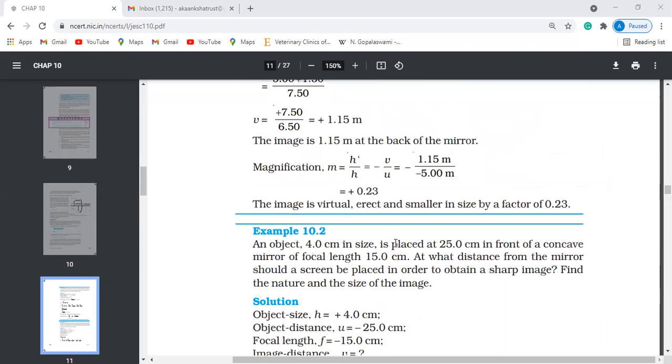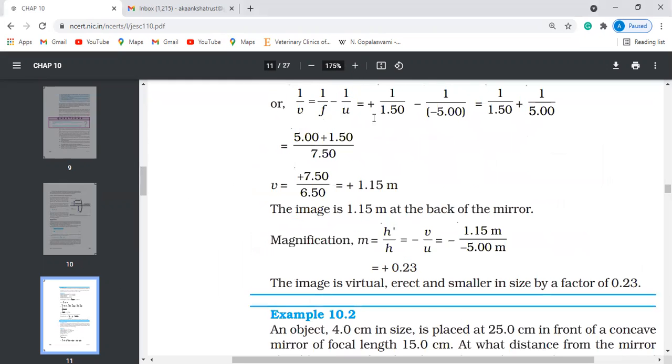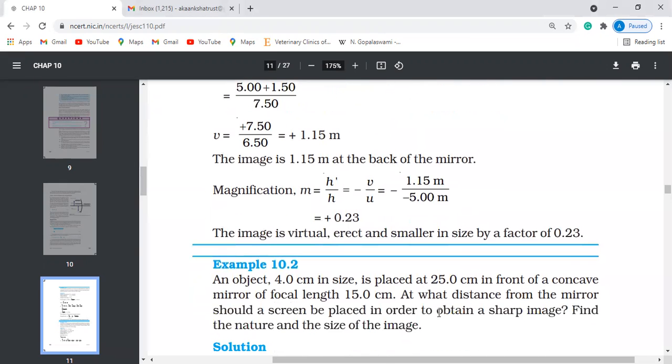Okay, so let's solve this problem now. Write it in the chat box, all the values. I need the values in the chat box, that is, r, f, all of them. Okay, remember when you get an object 4 centimeter in size or in length, then it is always h. Don't confuse that. That is h. Write it in the chat box and tell me.